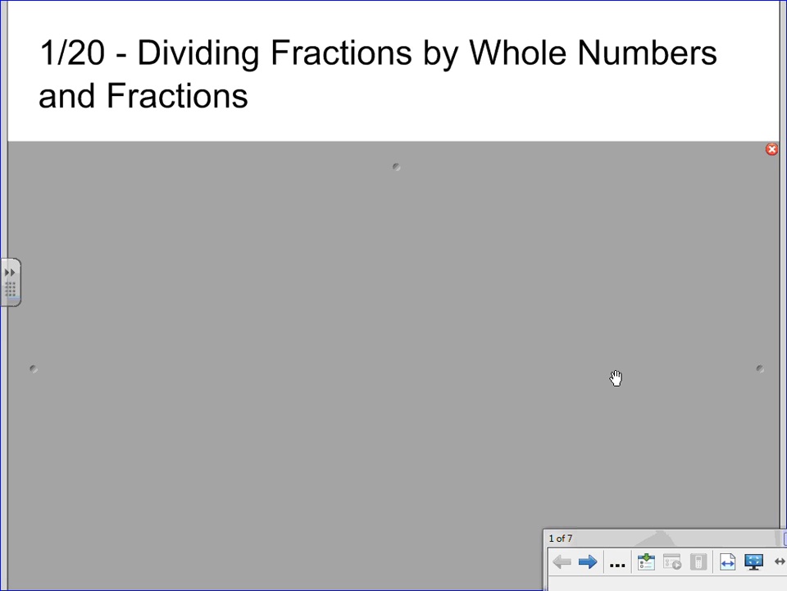Like I told you guys before in a past video, if you can multiply fractions, you can divide fractions. And that's essentially what we're going to be doing today: multiplying. But the idea on how that comes about is what makes this kind of one of the more confusing concepts